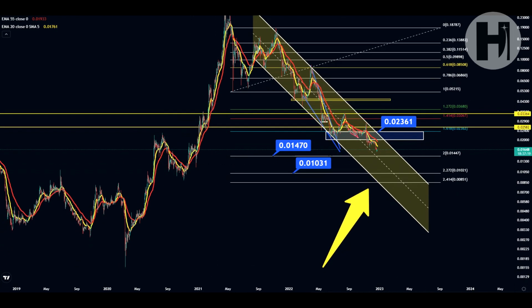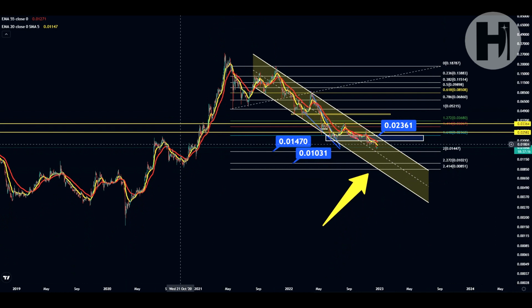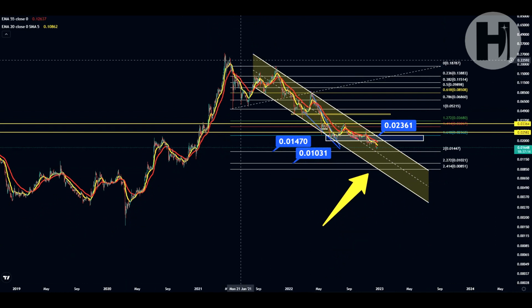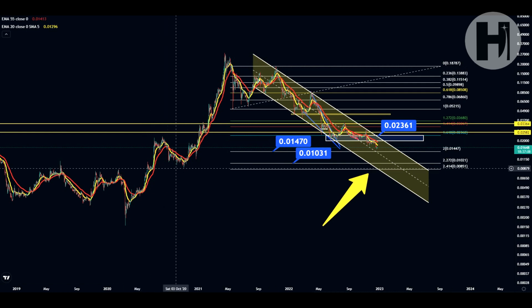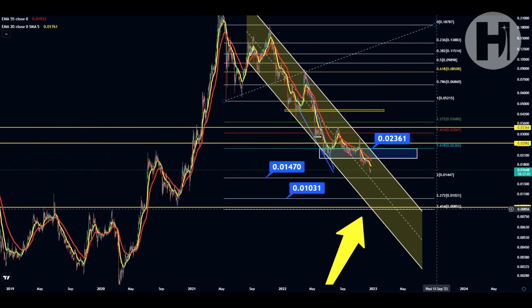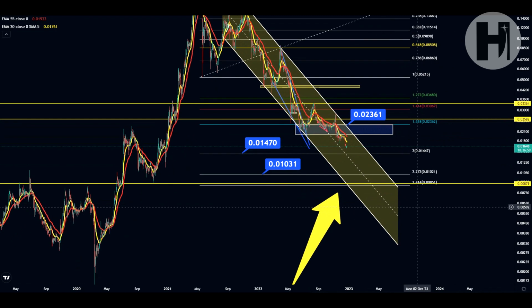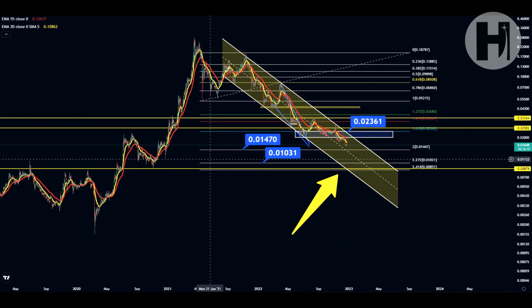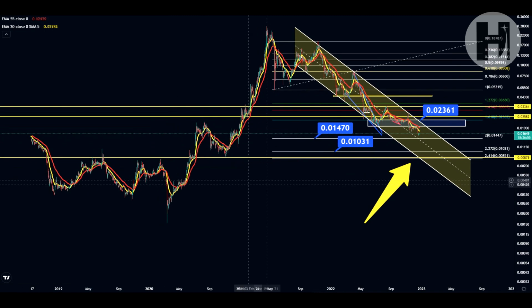And I think that these are good prices to start dollar cost averaging because you're 94% down from the all-time high, and you could be looking at a potential bottom here, the one that we created in November. As you can see, this low that we printed November 20th perfectly aligns with the 2.414 Fibonacci retracement level. So you can see how the Fibonacci aligns with some of these levels.